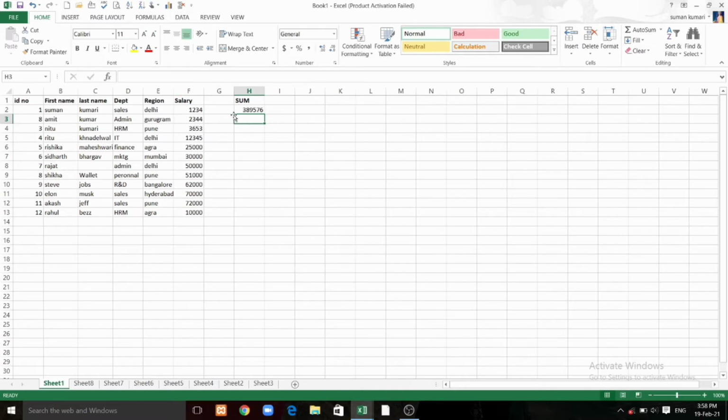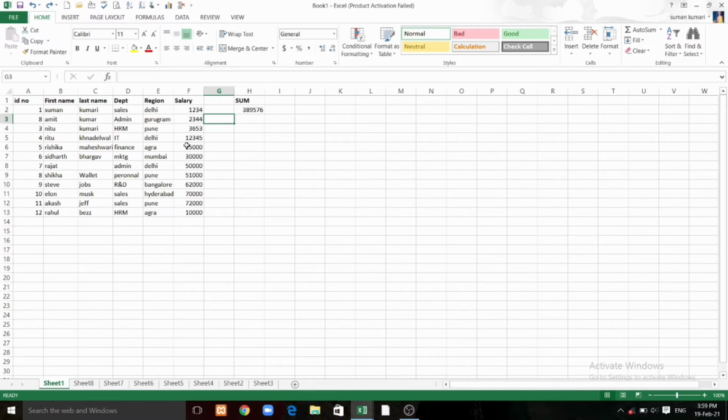If you want to confirm whether your result is correct or not, you can also do this. Just select the salary column. Now look down at the worksheet. Here some data is given, like the sum of the salaries that I have selected. So the sum of all the selected cells is here. This is the same 389576 and this is also the same. It means the value is correct. The cell count is 13 and the average of these values is also given here.